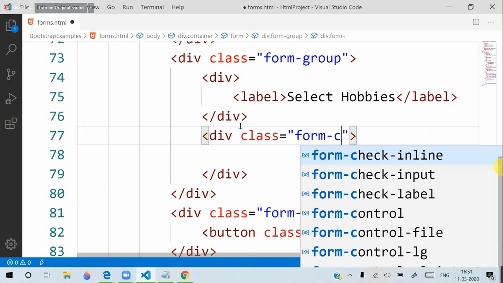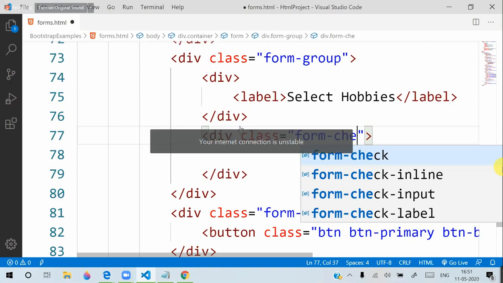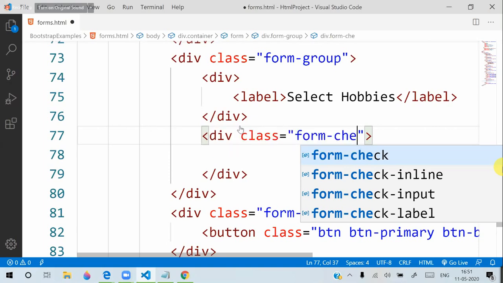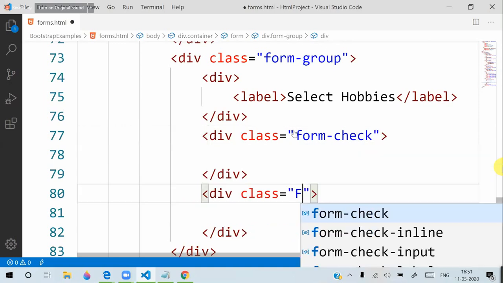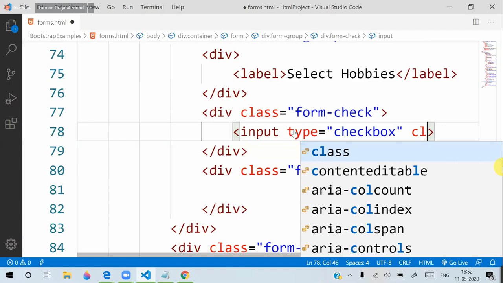Another class. So we have form. So I have another div. These are enough. Any number we can create. Okay. Every checkbox will have a two checkbox. Okay. For checkbox, we will give class form-check-input. That is the class. And beside that,